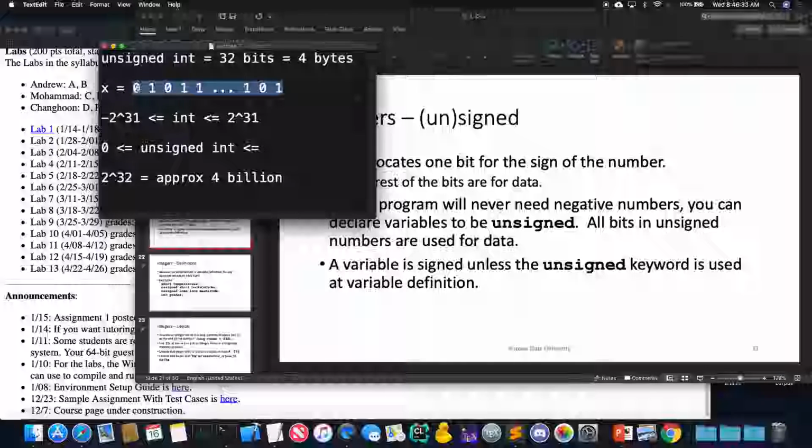How many bits do I have? I have 32. So in fact, the upper range of unsigned int is 2 to the 32. So the vast majority of the time, if the integers you're dealing with live in here, you might as well just use a normal signed int. If you really need the range between 2 to the 31 and 2 to the 32, then an unsigned int is a